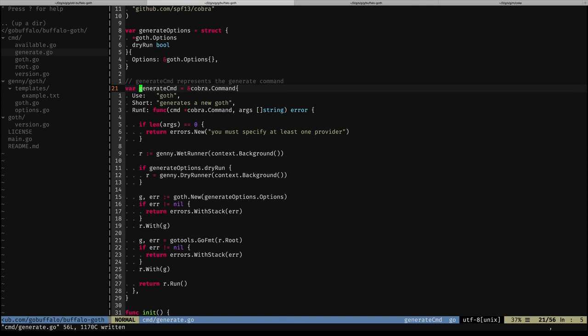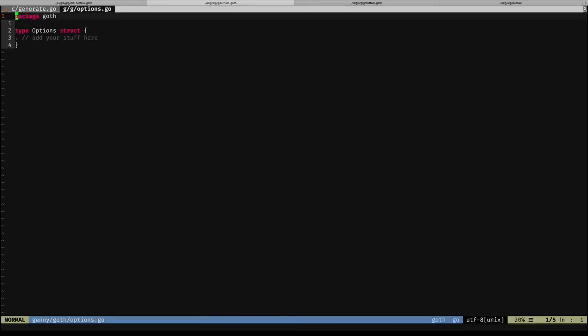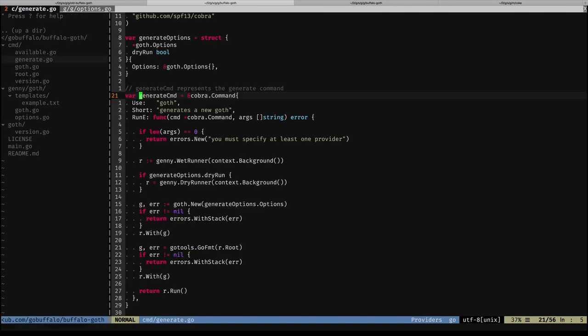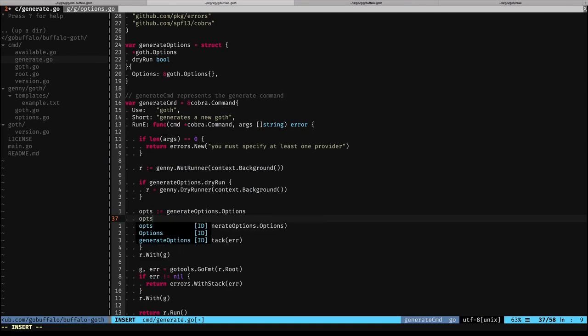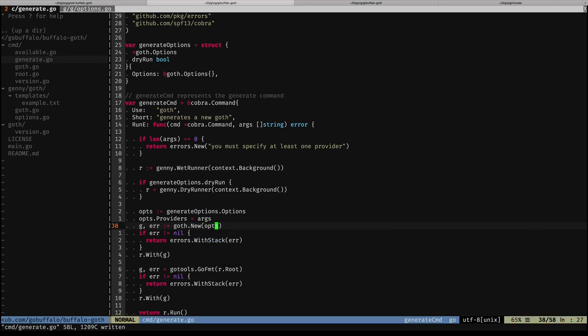So let's open up the options here for us, and let's actually add something here. And we'll say providers is a slice of string. Here we go. And then very simply, we'll say ops equals generator.options, ops.providers equals args. Okay, so